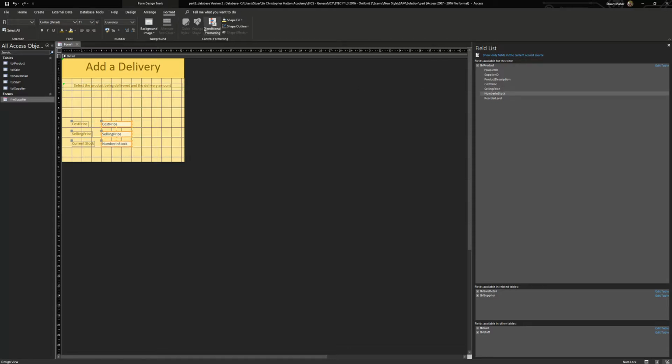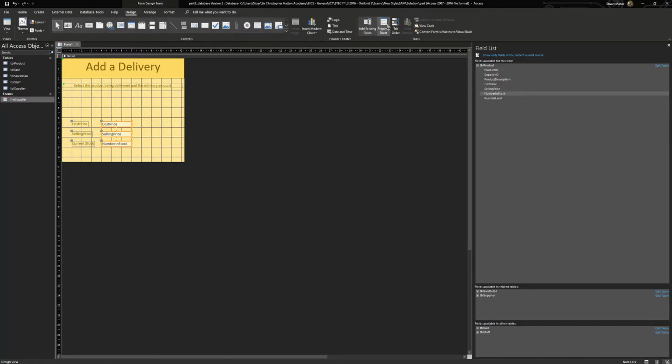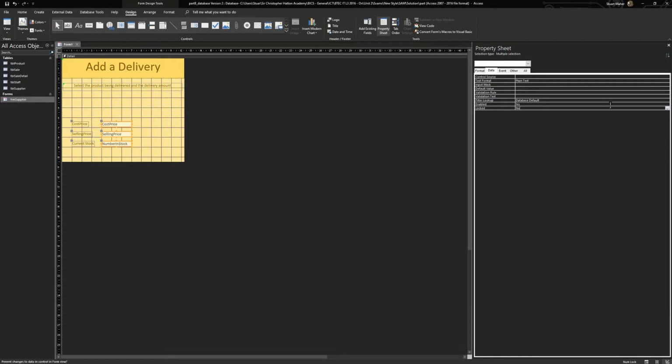So let me then also pull up my property sheet and make locked yes. So that means you won't be able to change the value in any of these fields. Right, and also they should be relatively small, so I'm going to pull them into there maybe a little bit more. Right, now I'm going to bring in my drop down, which is where I'm going to select the